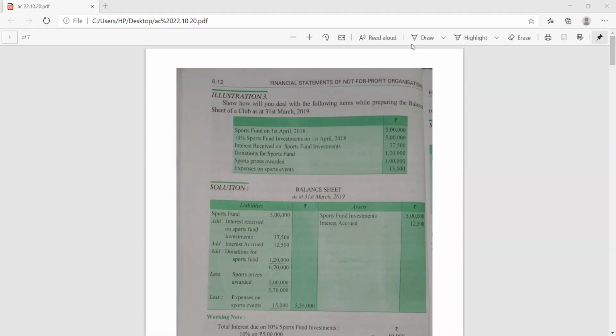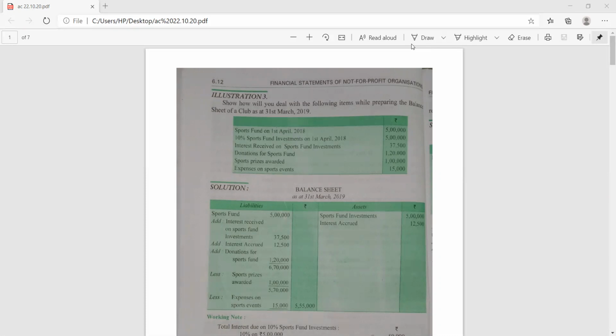Some are considered revenue in nature and are to be taken in the income and expenditure account. And some are items which are capital in nature, and they are to be dealt with in the balance sheet. See how these capital nature or revenue nature items are to be dealt with with the help of the